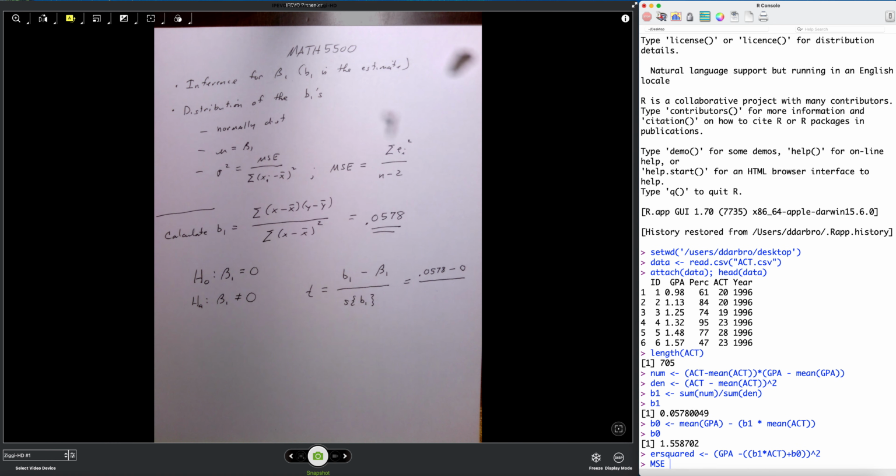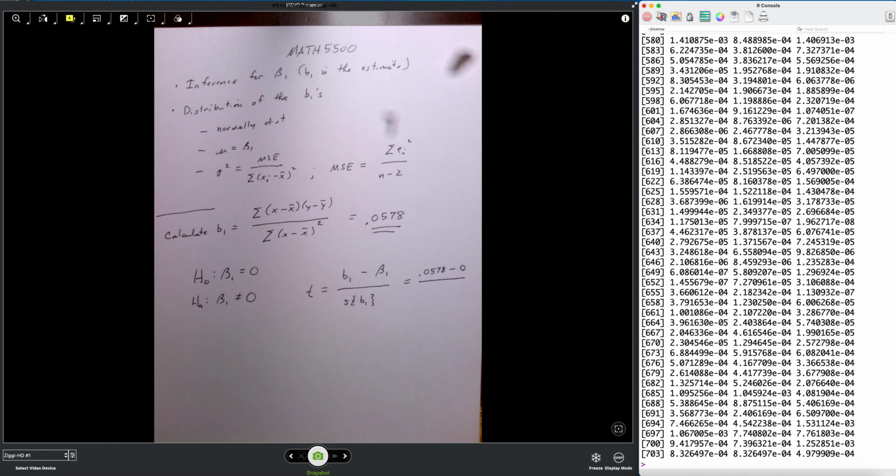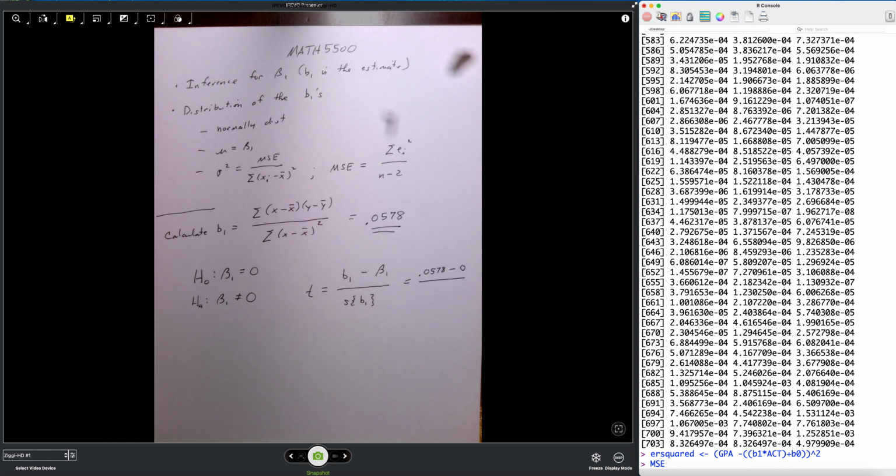So then the MSE is going to be equal to error squared divided by the length of the ACT minus 2. So, okay, what did I do wrong there? Okay, I have to sum those, so I made a big boo-boo there. So the MSE, first mistake I've ever made. I don't think you're going to believe that. Error squared divided by,